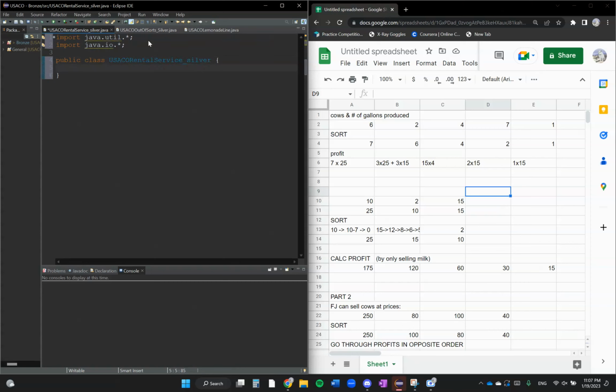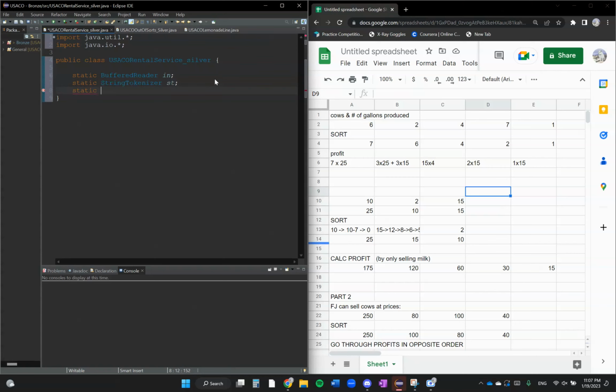And remember that each of the values can be up to 100,000, and that's a really big number for a scanner. So let's use a BufferedReader, and let's use StringTokenizer for the lines where we take in two inputs,